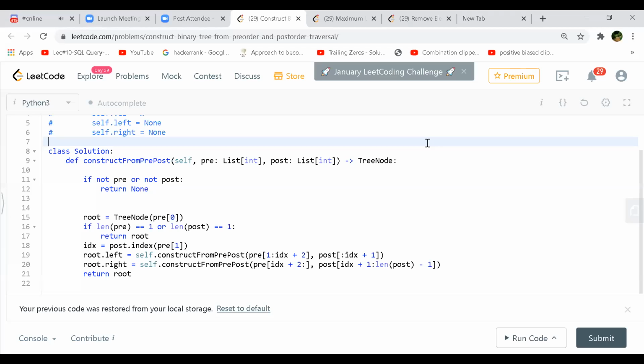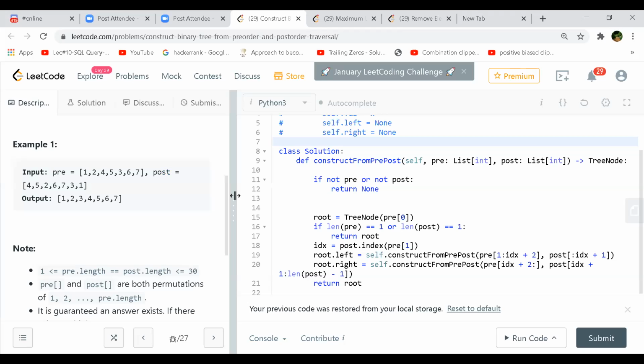Because I think the way we were dividing in the left subtree, we were taking the root also, correct? When we saw the first example, when we took index 1, the whole of the other part was a part of your subtree which is rooted at 1. But then when we wanted to find how to divide the right and left subtree, in that case, can you just go to the description? Yeah, so in that case, why this is taken -1 becomes slightly clear.